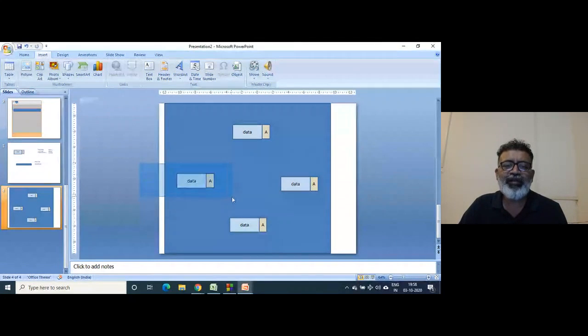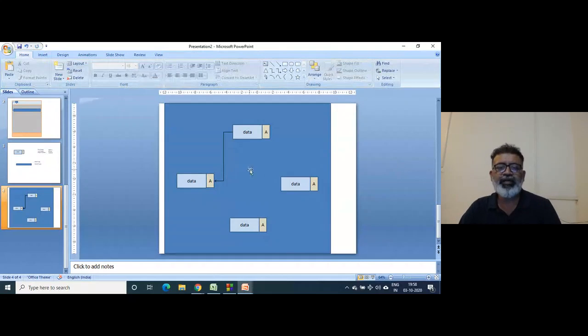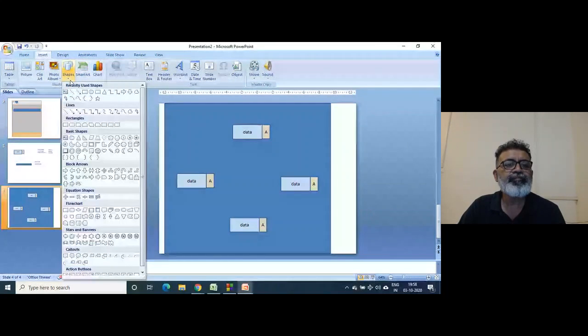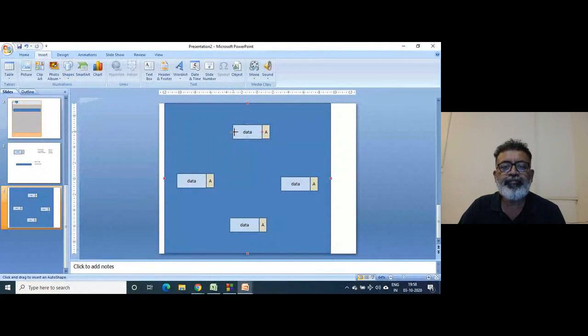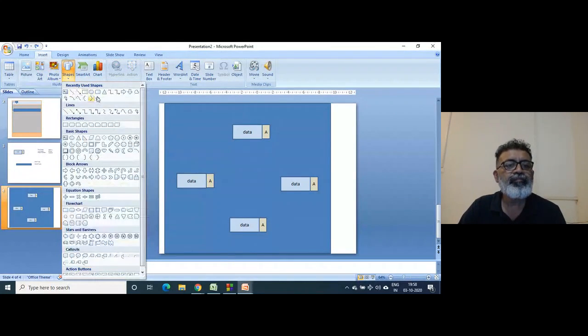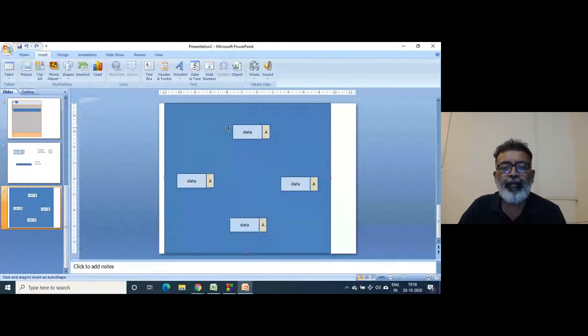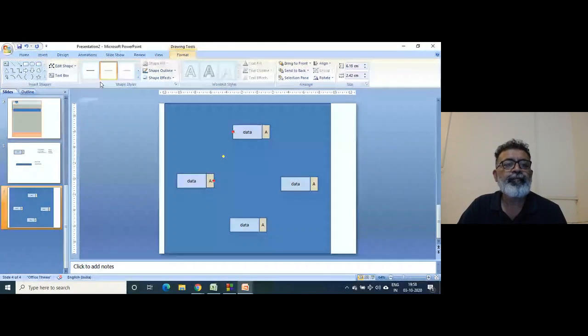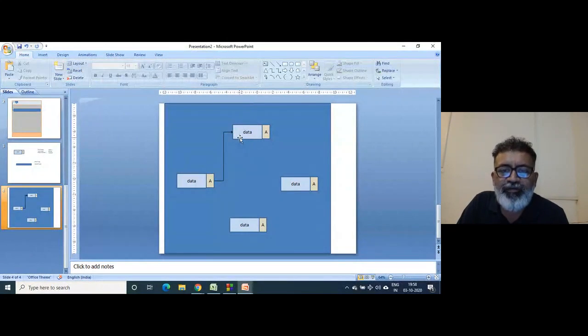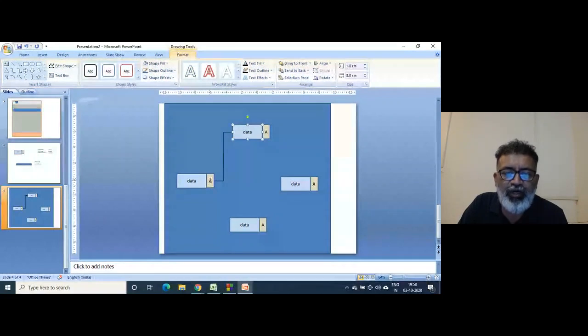Since this is the first element, when you add the second element, the address of this is stored here, right? So the address of this node is stored in the address part of this.